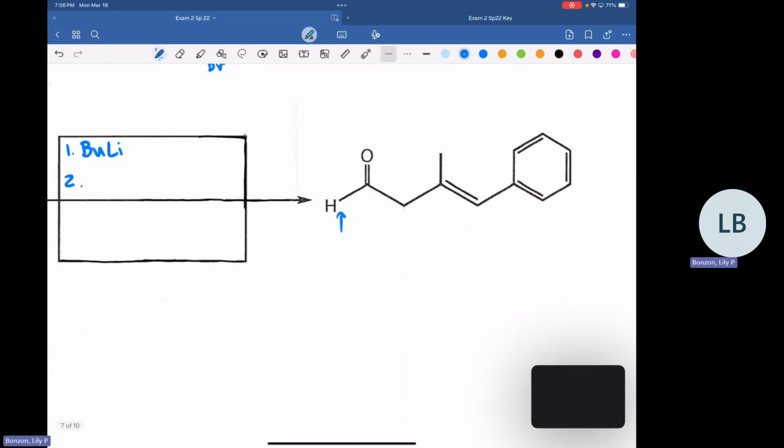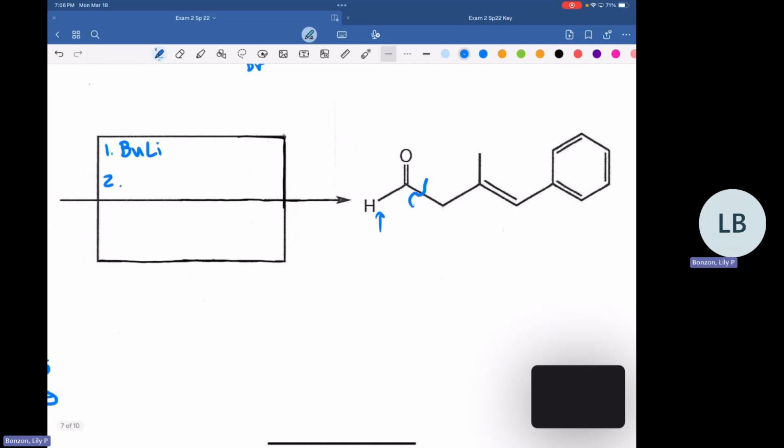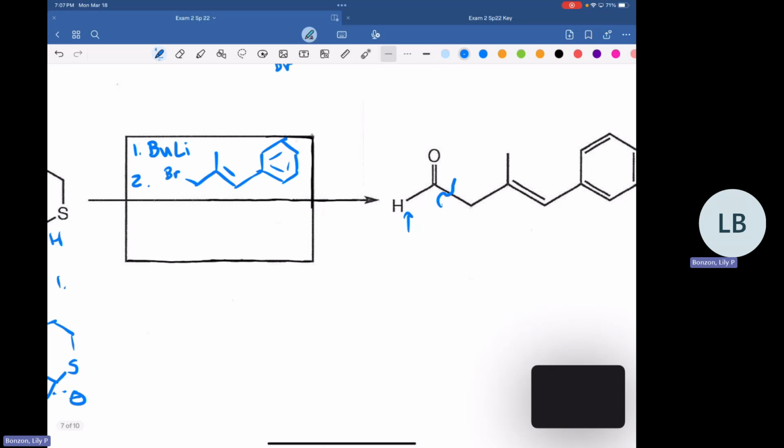And so what we can do for this one, it's, again, very strange, but we can just take this whole right half of the structure and just put that as our reagent to get it added on. The only change that we're going to make is we're going to put a bromine where the ketone would be added on. And then we're just going to draw that structure. And that's going to be the group that we're adding on with this reagent. So we're adding this whole little fun molecule here. And then the last step for this one is just going to be our H3O+.